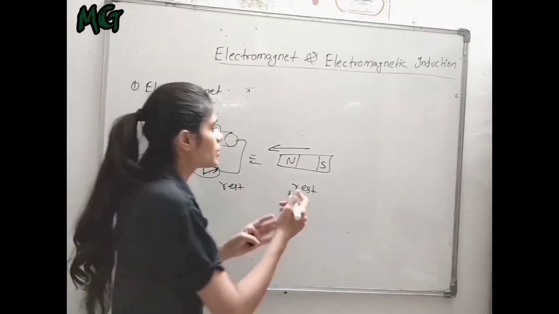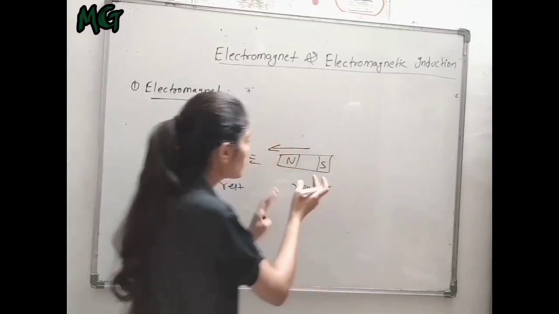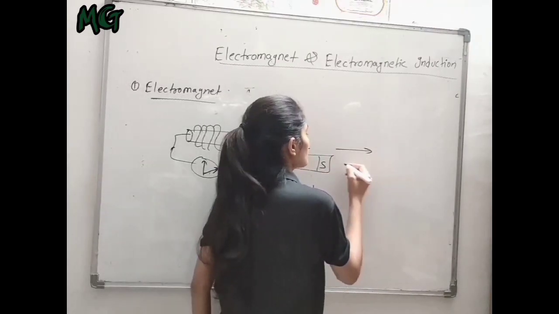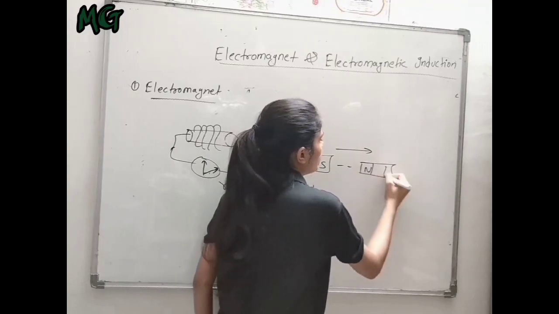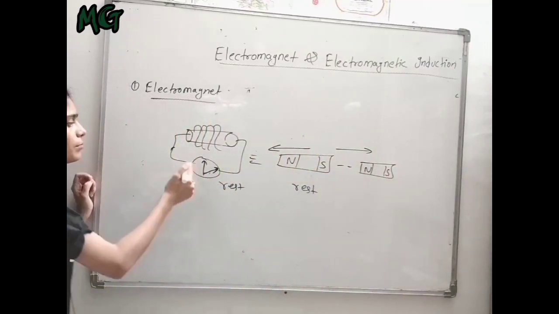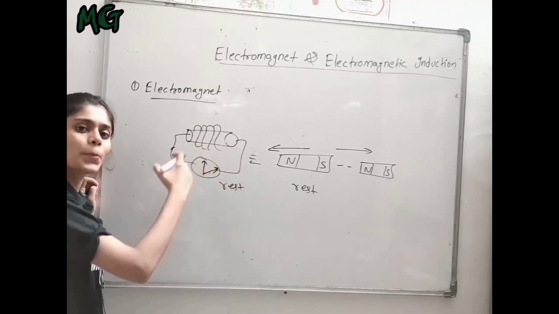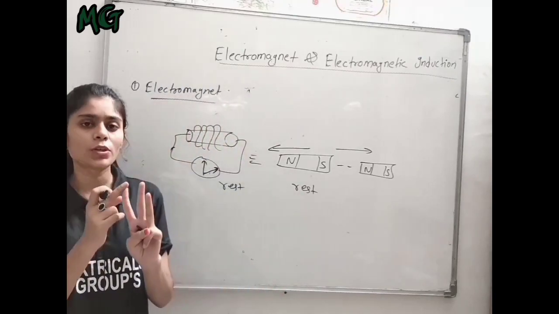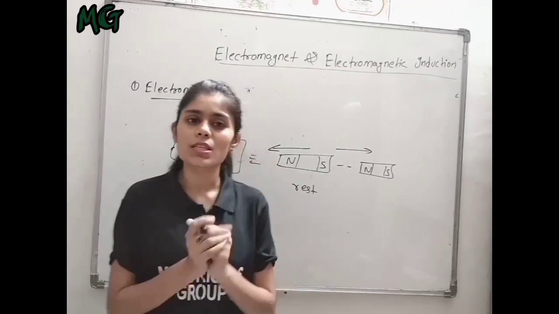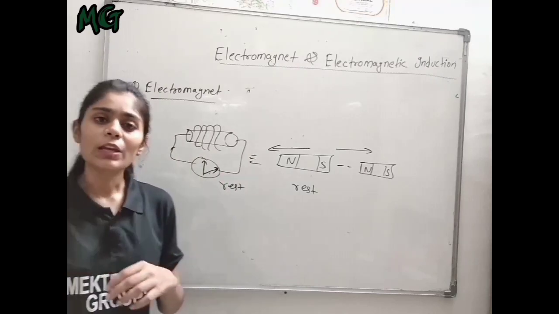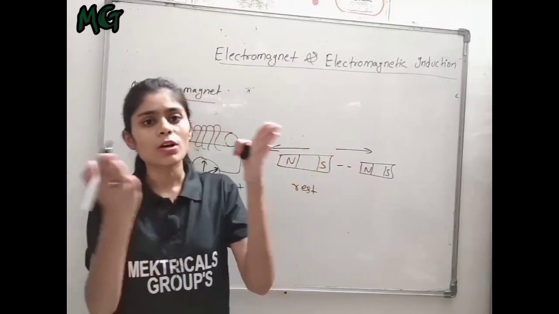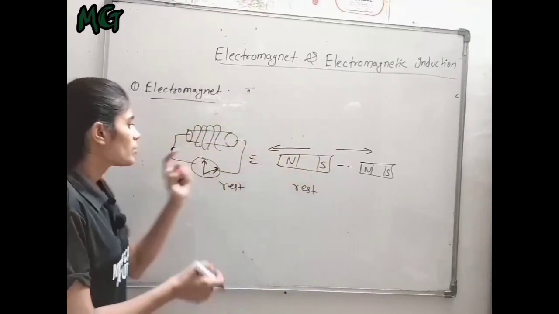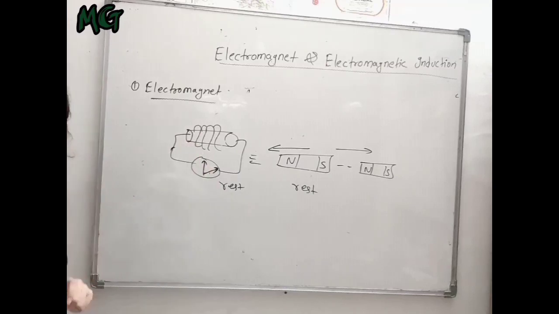Then he tried in another way. He took this magnet far away from this coil, like this. Again he found that yes, still deflection is there, but in the opposite direction. So he noticed 3 cases. First, when the magnet was stable, there was no deflection, but when the magnet was moving, whether towards the coil or away from the coil, in both cases there was deflection in the galvanometer.